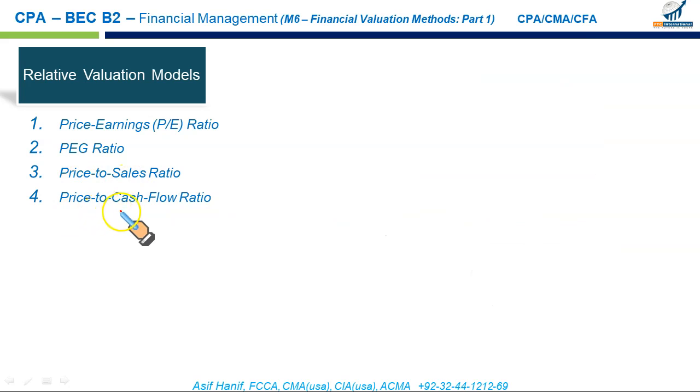Now we have price to cash flow ratios. This is even better, because sales sometimes could be manipulated to an extent by debiting a fake customer or a related party and crediting sales. But price to cash flows are much harder to manipulate. Cash flows are much harder because they are reconciled with the balance available in the bank and the cash equivalent. So cash flows are harder to manipulate than earnings and sales. So this could be used.